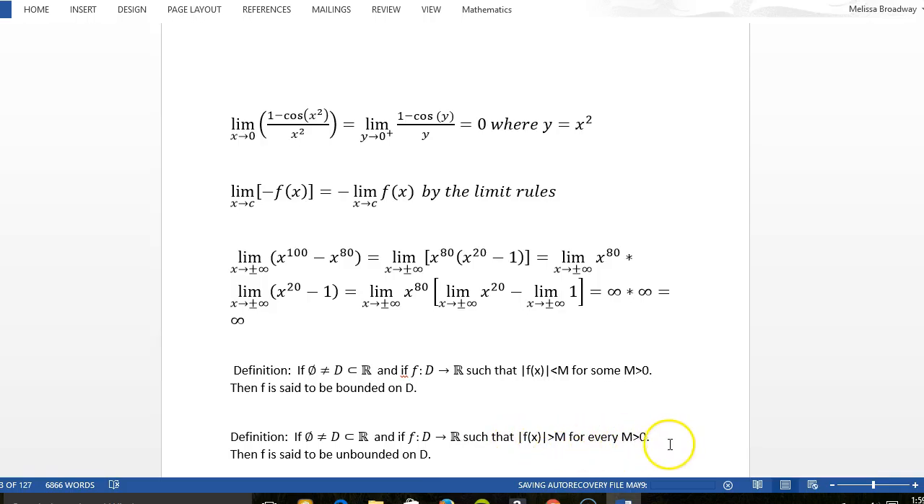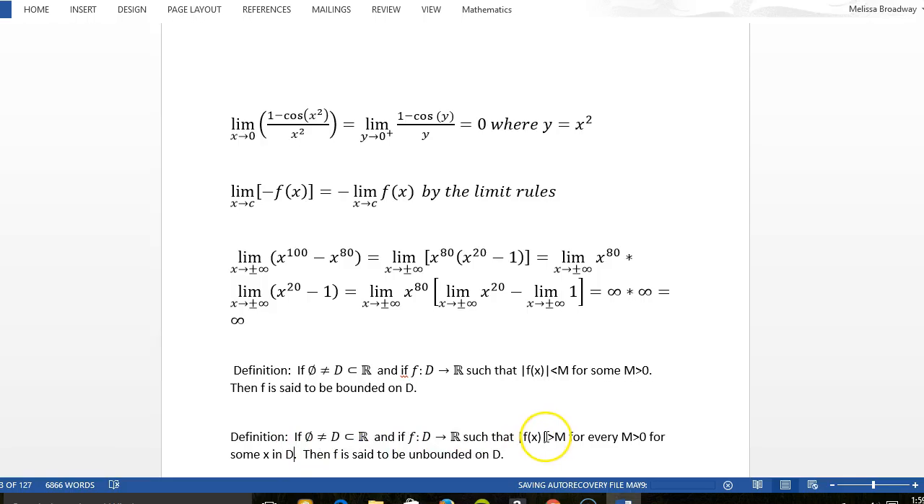Let's see. I need to put for some X in D. Sorry about that, guys. So if D is a non-empty subset of the reals, and if F is a function